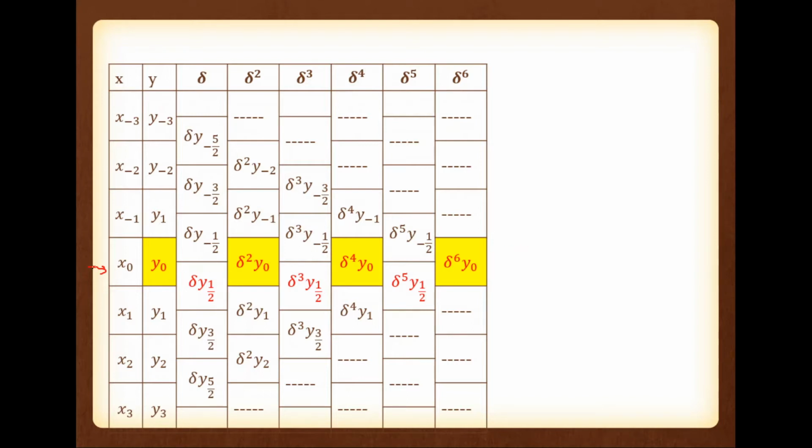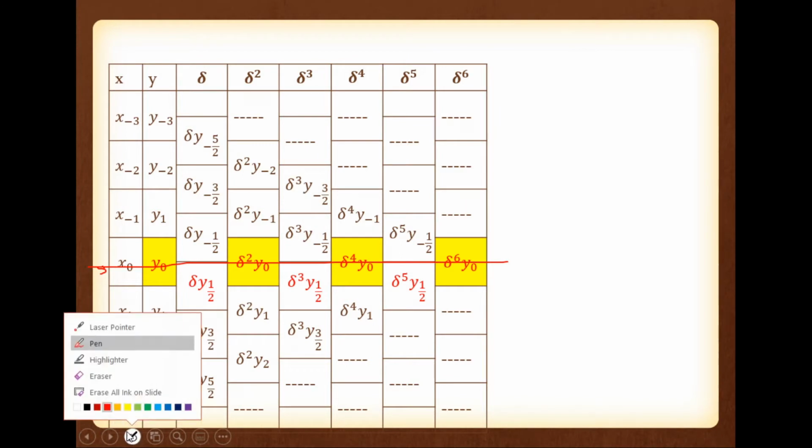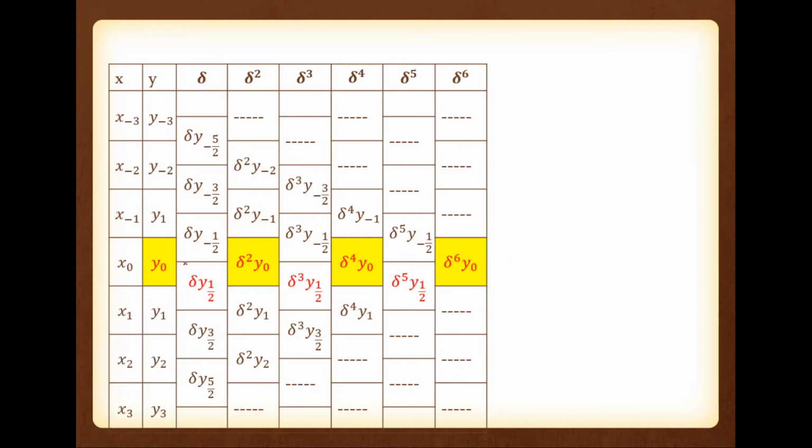So if you are drawing a straight line, then you can see that y0 is available, theta square y0 is available, theta raised to 4 y0 is available, theta raised to 6 y0 is available. That one is marked with yellow color. I am very sorry, these data are available. But please note the theta y0, theta cube y0, theta raised to 5 y0 are not available. Here an element is missing. Here an element is missing. Here an element is missing.